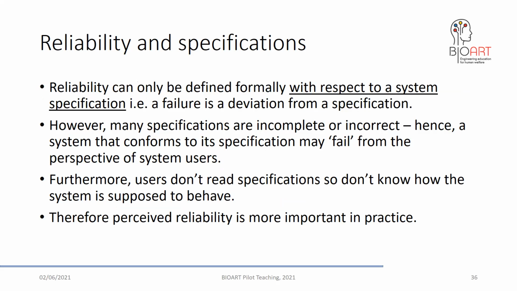From the system point of view, reliability could be defined with respect to the system specification. And as we always knew, it is a very common situation that specifications are not complete, and that's why we can't understand from them why the system fails. And that gives user low expectation in terms of reliability.